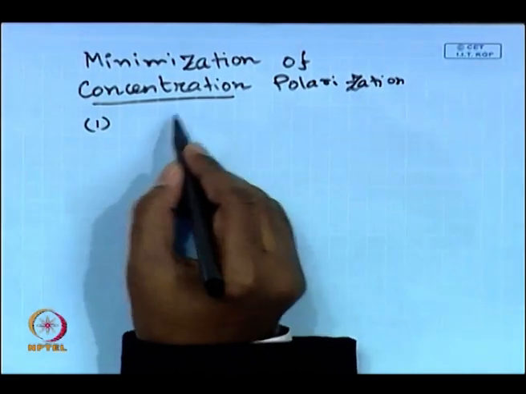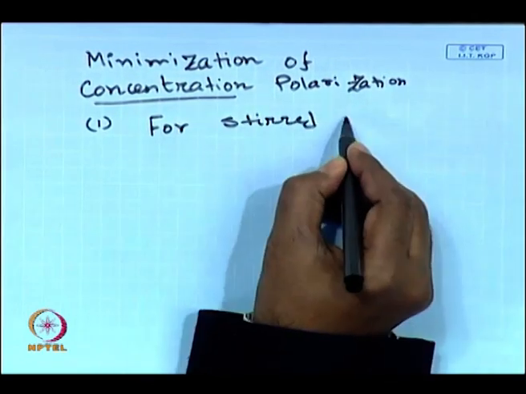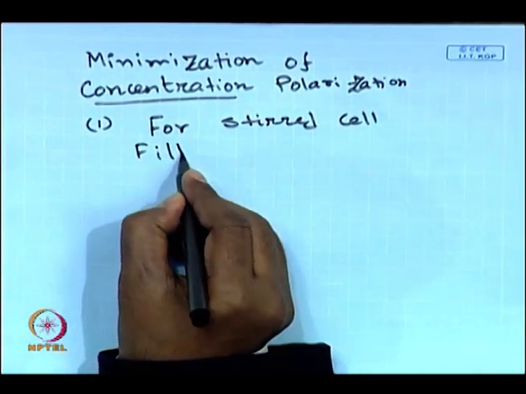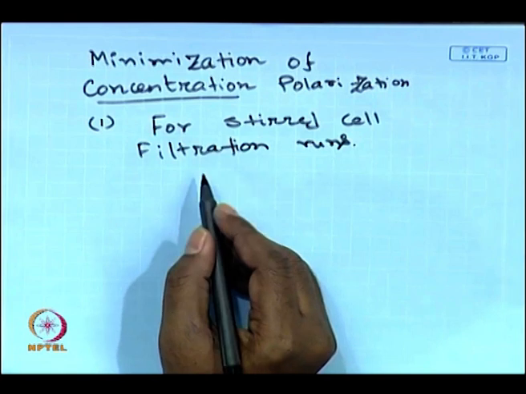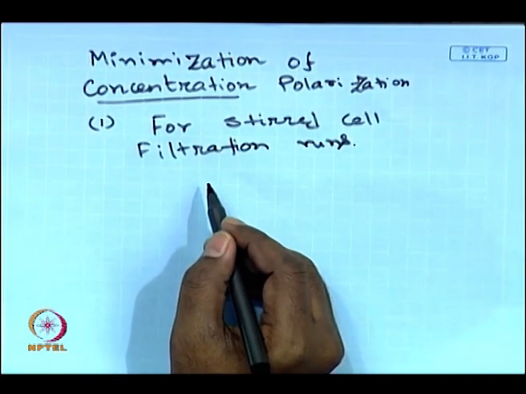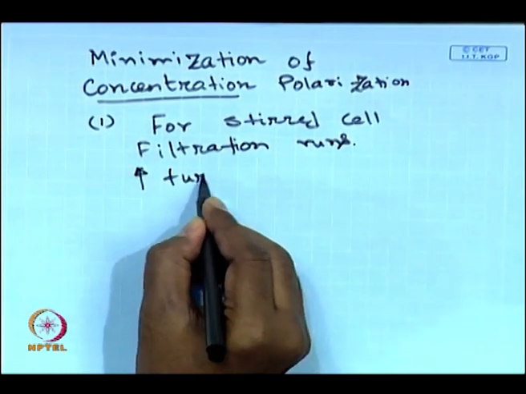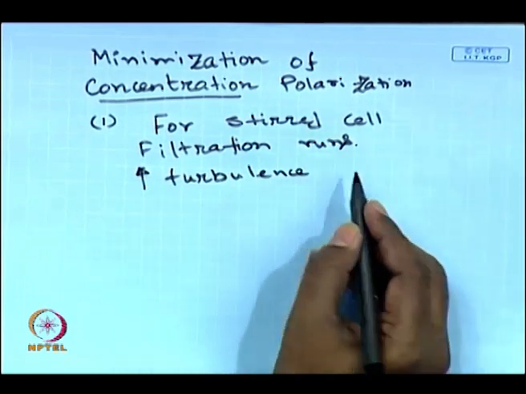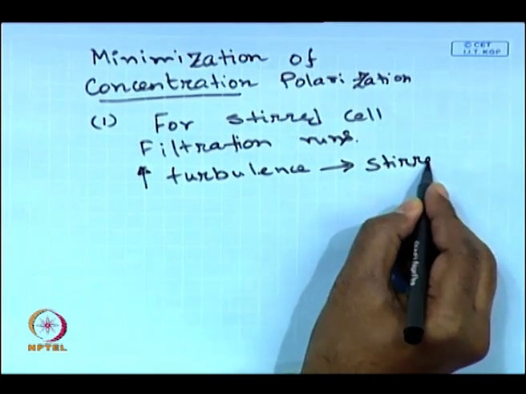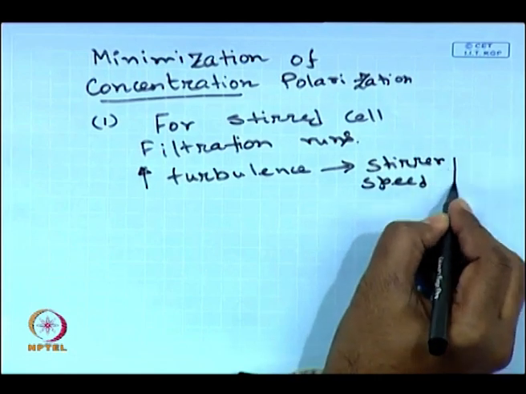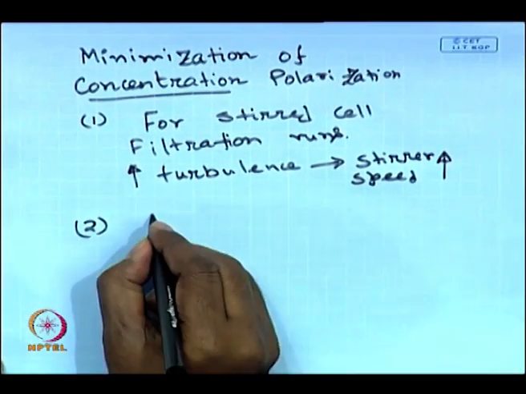So, if you have a stirred cell for filtration experiments or filtration runs, one can simply minimize concentration polarization by increasing turbulence in the system, and turbulence can be increased by increasing the stirrer speed. That is one option. In case of a continuous filtration cell,